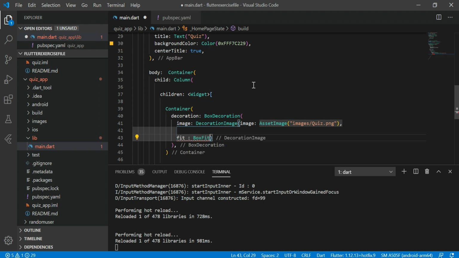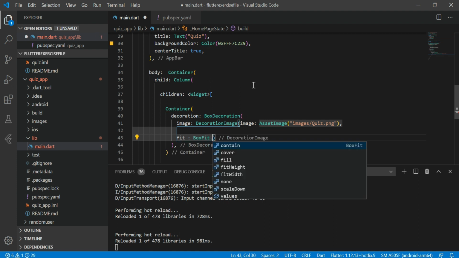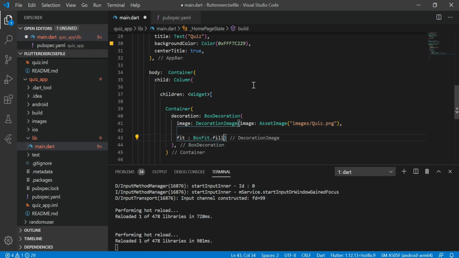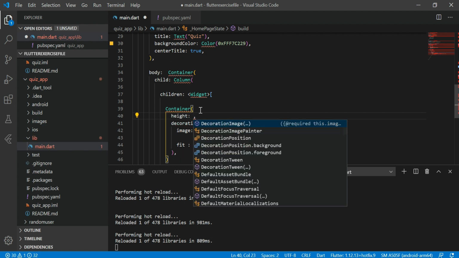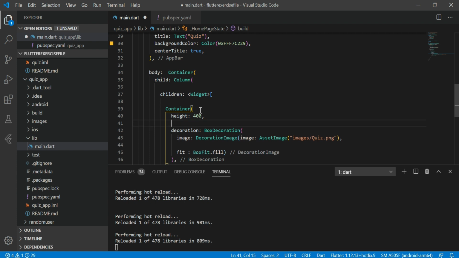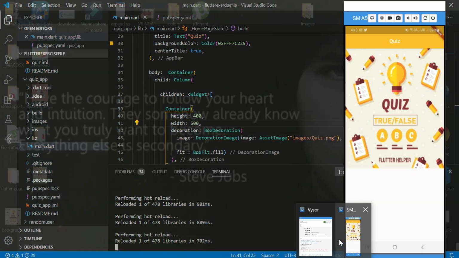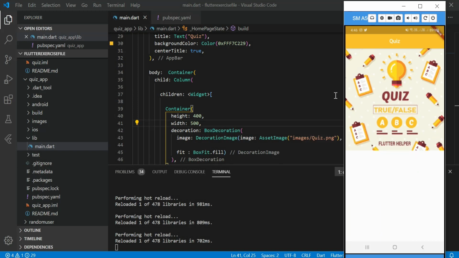To make images fit, use the box fit property to fit your images inside the container properly, and give a width and height of the image. A height of 400 will be sufficient. Now let's see. Now it looks perfect.